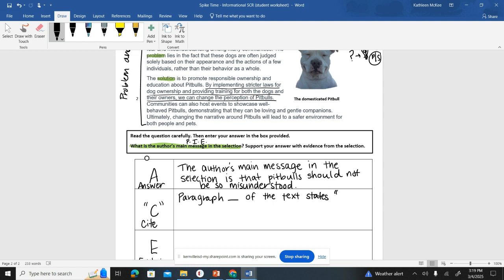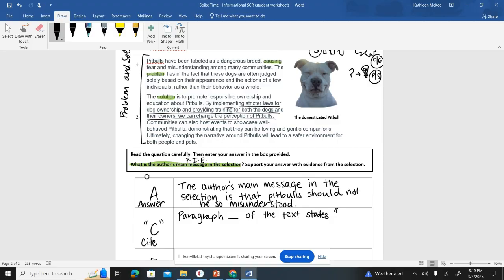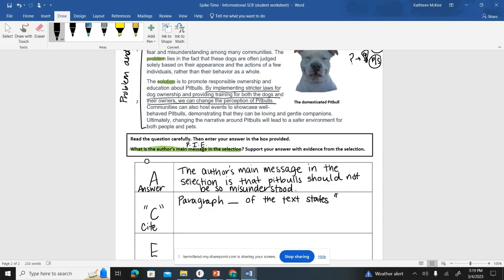Okay, for mine, I was looking at the underlined sentence in paragraph 2 that says, "By implementing stricter laws for dog ownership and providing training for both the dogs and their owners, we can change the perception of pit bulls." There were so many pieces in here that show you that pit bulls are misunderstood, but that's the one that I picked. By implementing stricter laws